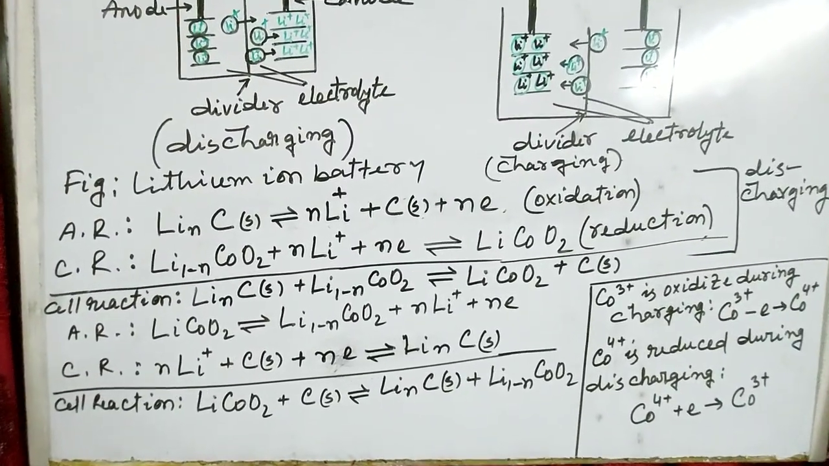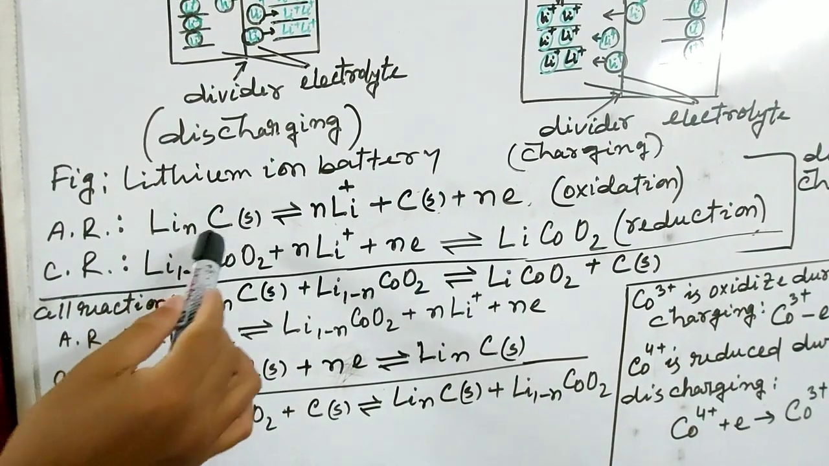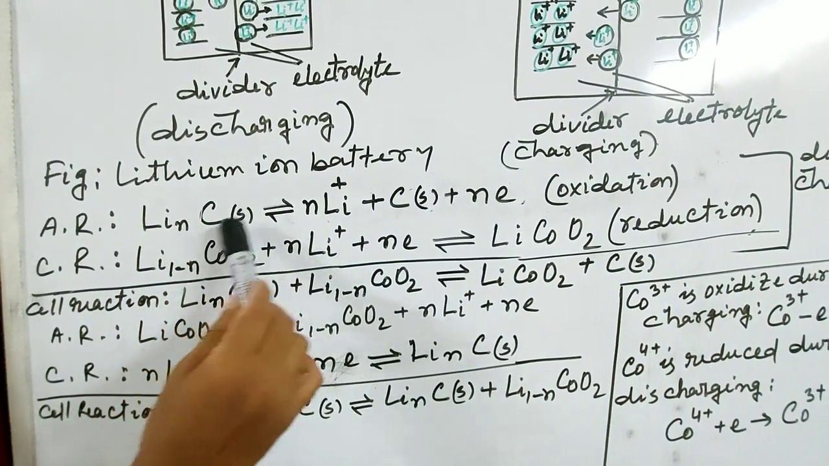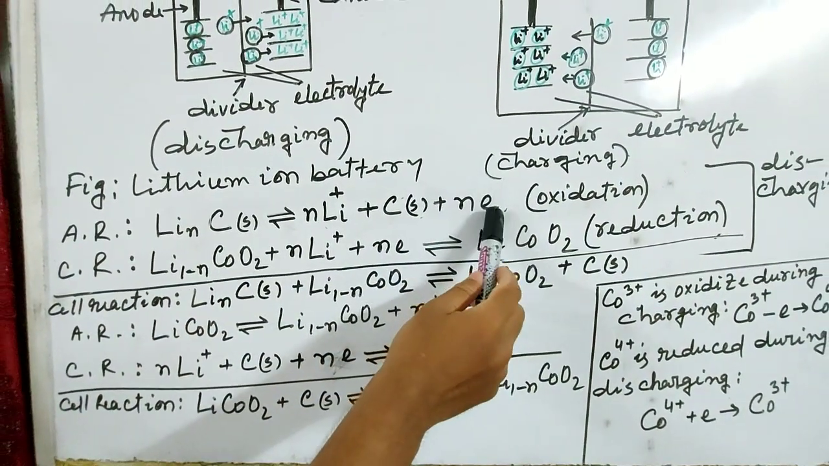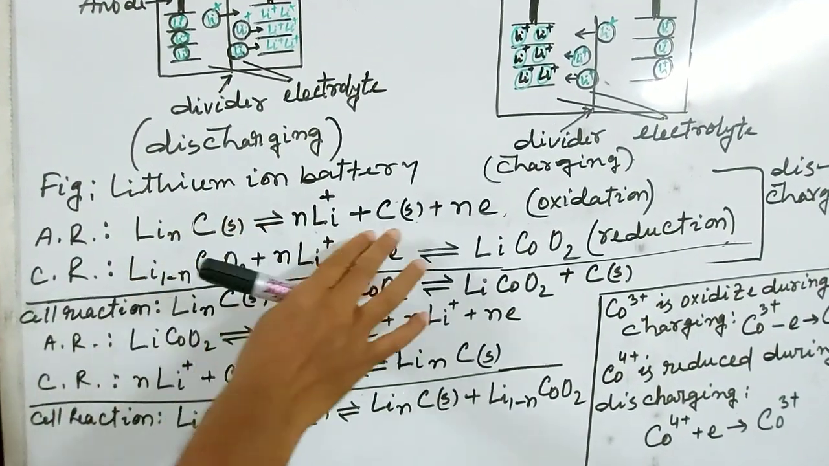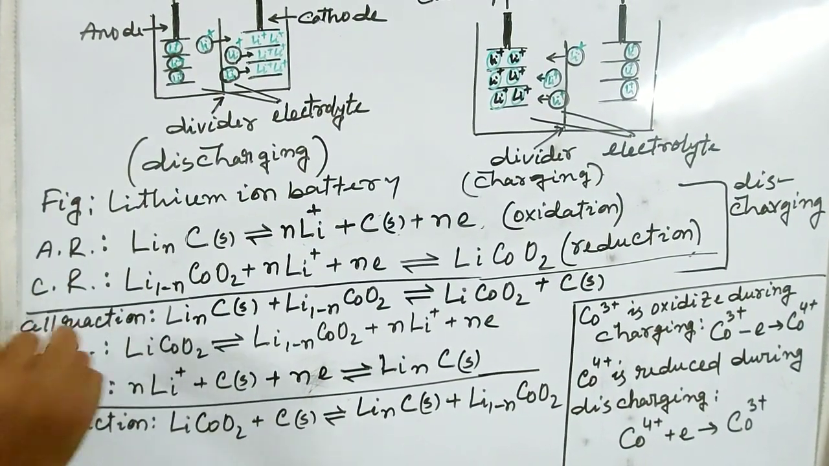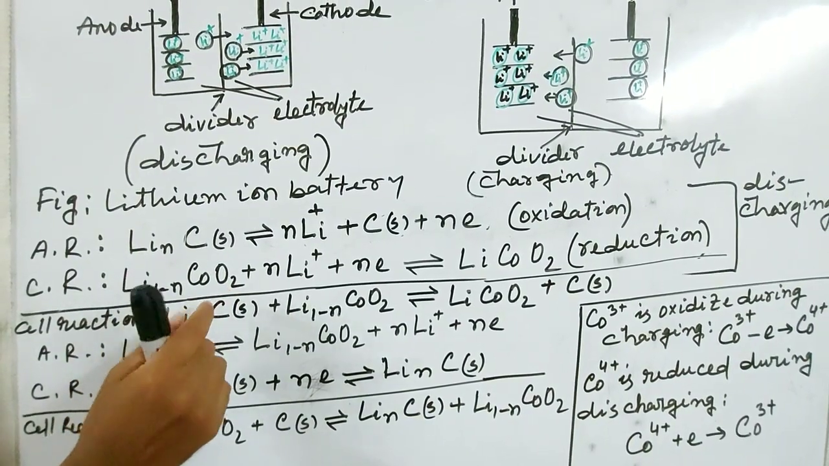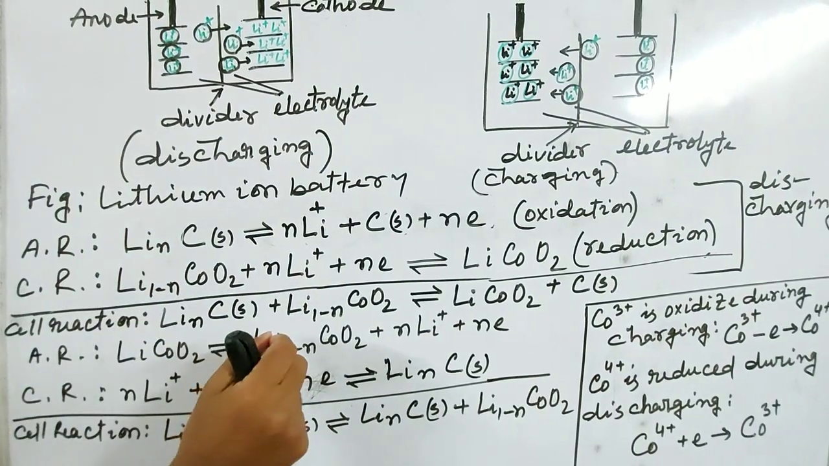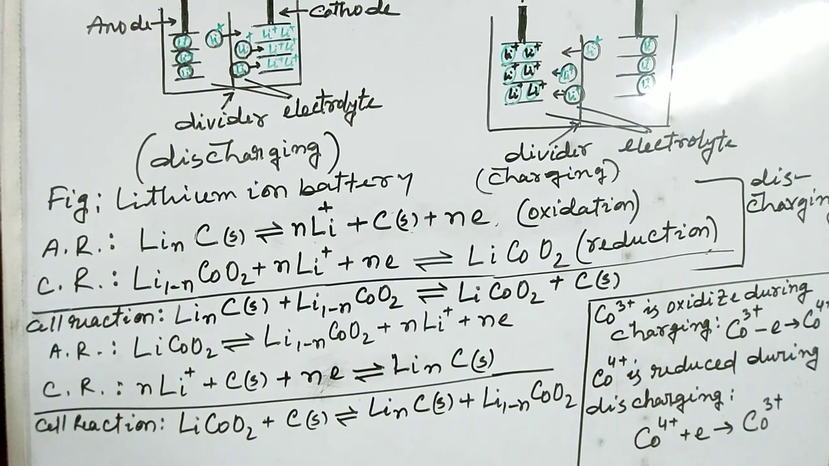In the anode, lithium saturated graphite releases n mole of electrons to form n mole of lithium plus ion, and graphite is separated here. And in the cathode reaction, lithium cobalt oxide accepts the electrons released in the anode to produce lithium cobalt oxide. Here actually